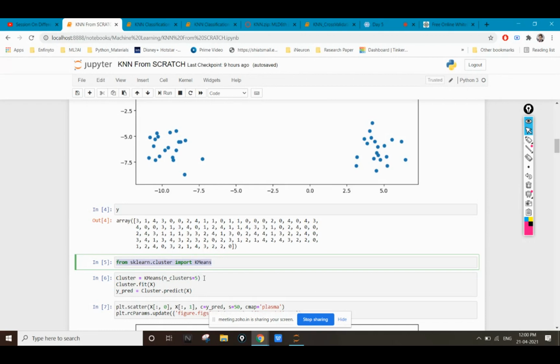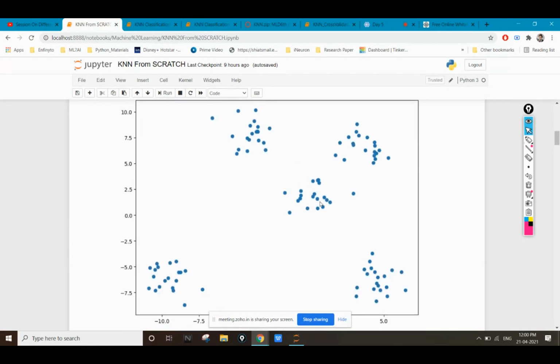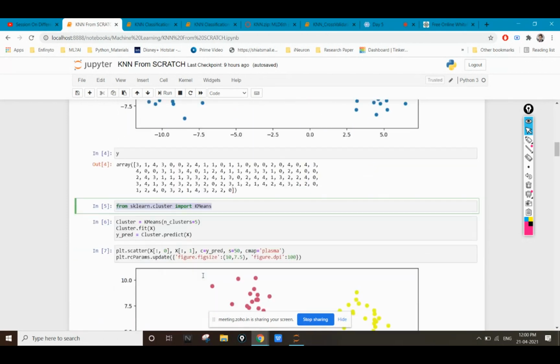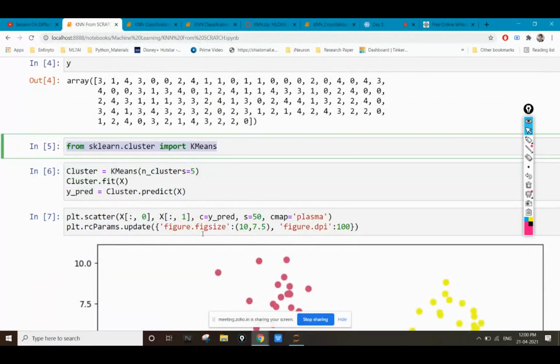Okay, now inside this KMeans library, we have to provide the number of clusters, into how many groups we want to divide these points, or into how many groups we want to categorize these points. Okay, so from the figure we see that we have 5 different categories. So I'm giving 5 here. You can give 1, 2, 3 depending on whatever you want. Okay, whatever the visualization is.